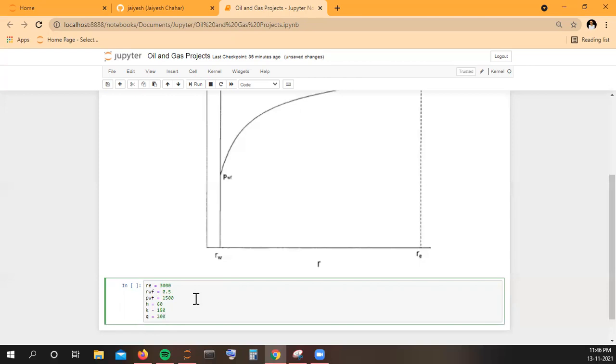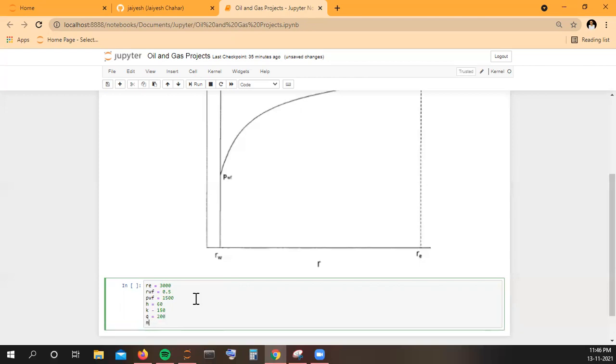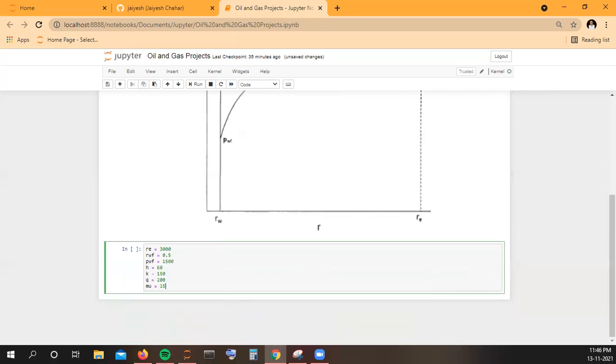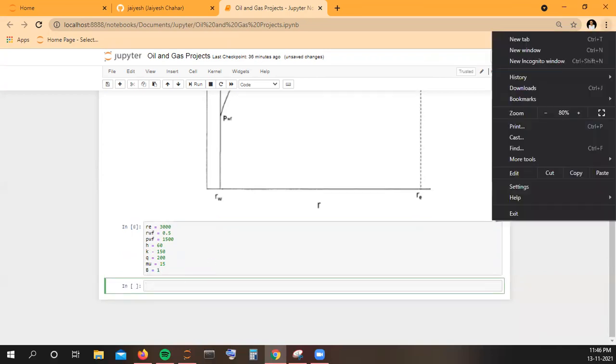Viscosity of oil, let us take 15 centipoise. Then the value of B, because q is in STB per day, let us take as 1 RB per STB. These are the values that I'm going to use.